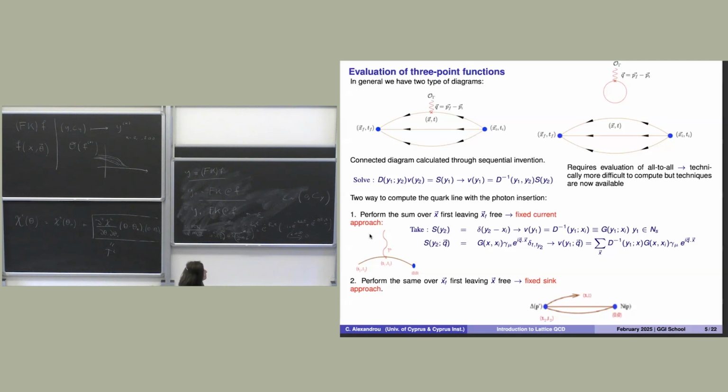There are 2 things to do. Either I take this forward propagator and sum it here, and then use this to invert again. So instead of using a delta function, I use the combination in this linear equation that I told you. Remember we had D g equals a delta function, and I solve this equation to find the inverse. Now, instead of putting a delta function on that side, I put this propagator that I compute,